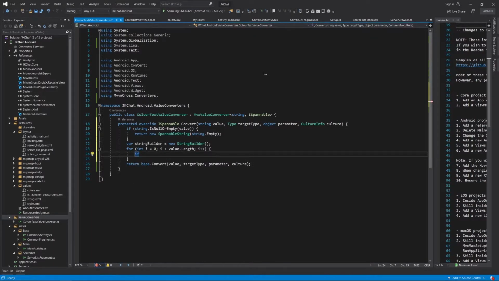If value i equals this, and value i plus 1, so the next character, is